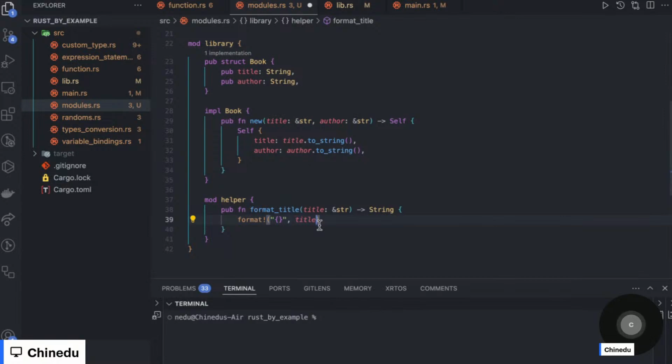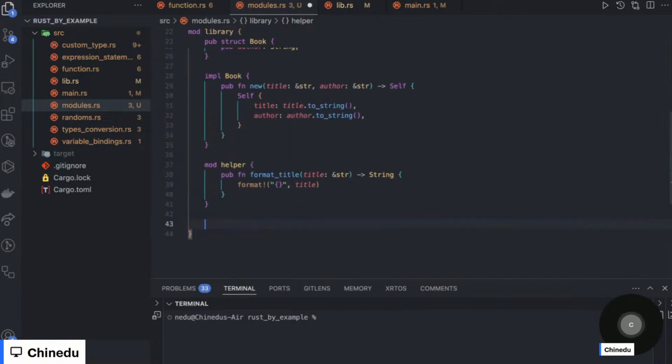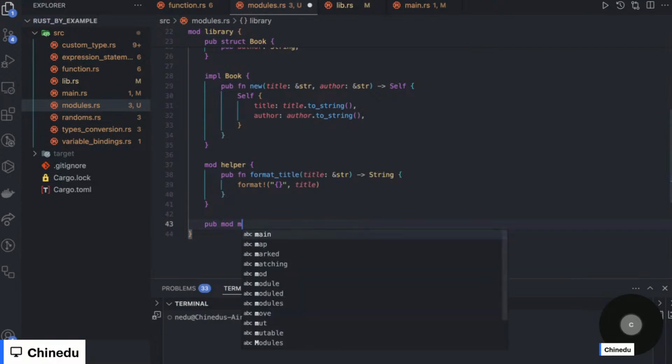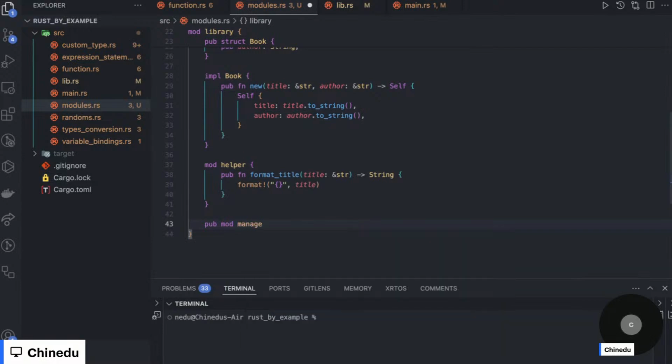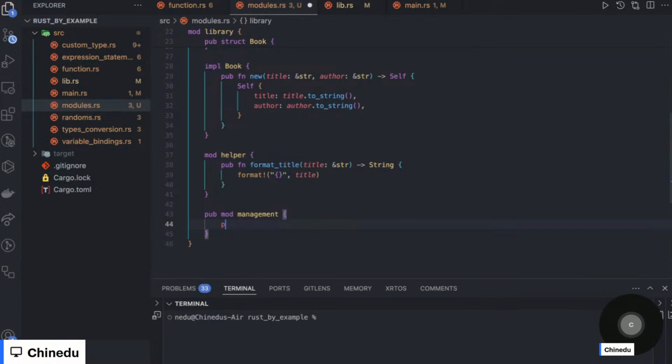Okay. So next we are going to write another module, and this module will help us with management, like for adding of books. So you can go ahead and say pub first. I want it to be public, and to be a module, and say management, and we'll write a public function to add books. So we say add book,